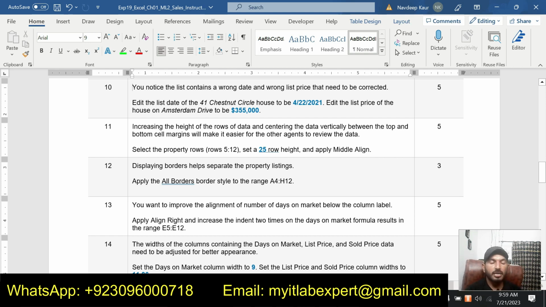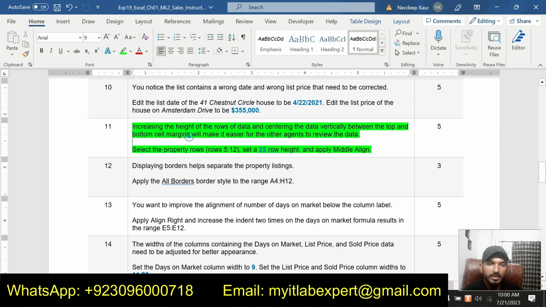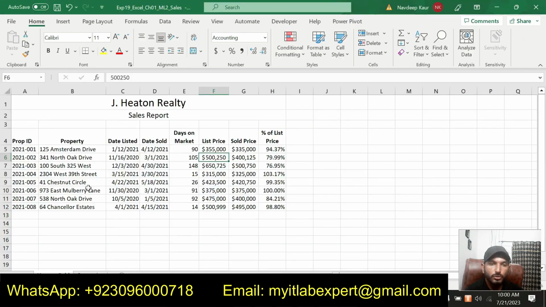And for the remaining steps, I will just give you an overview so that you can complete those assignments on your own. So step number 11 is increasing the height of the rows of the data and centering the data vertically between the top and the bottom cell margin, which will make it easier for the other agent to review the data. Select the properties rows 5 to 12.